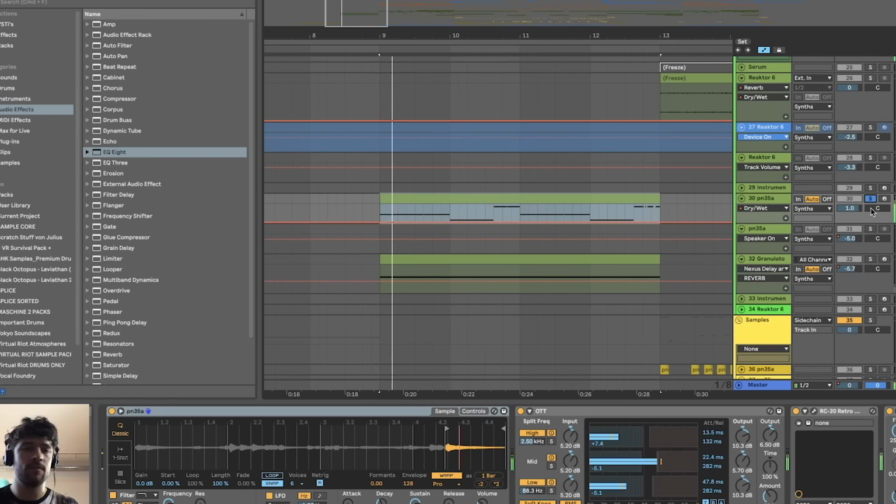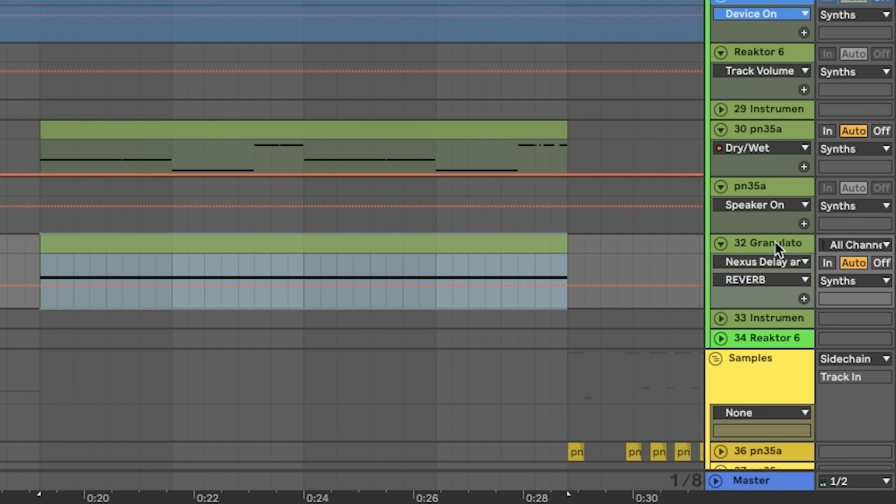I started with the original sample just to give a little introduction so everyone knows what material we used. And I put it in a sampler and basically just started pitching it around. And in the back, I put the same sample into Granulator, bringing up this beautiful chord as like a little pad in the background. And then we start.